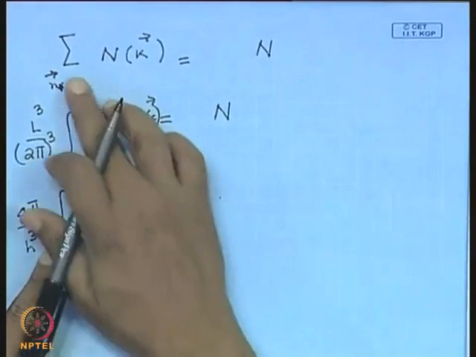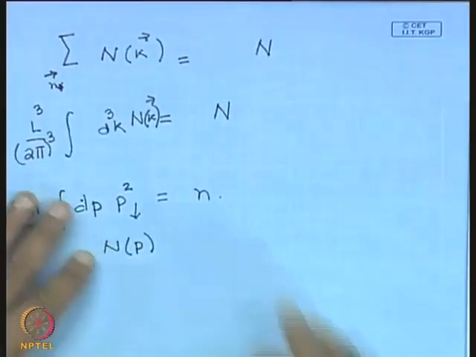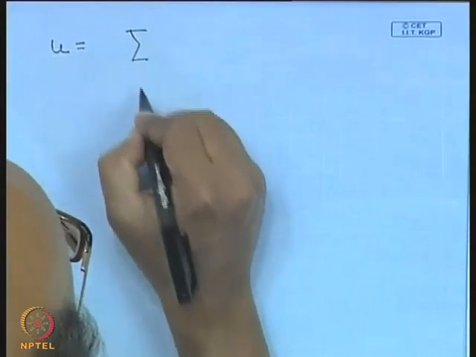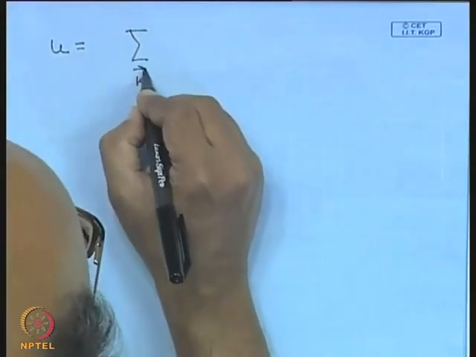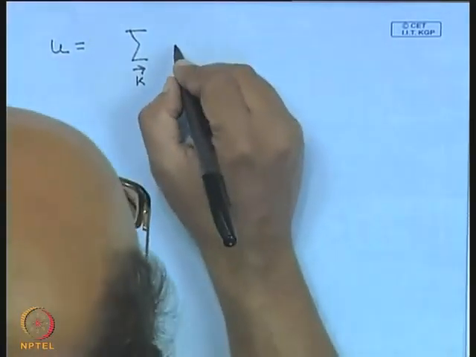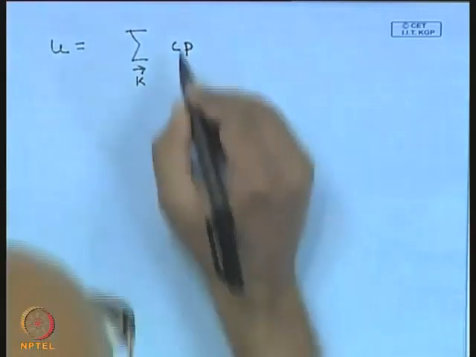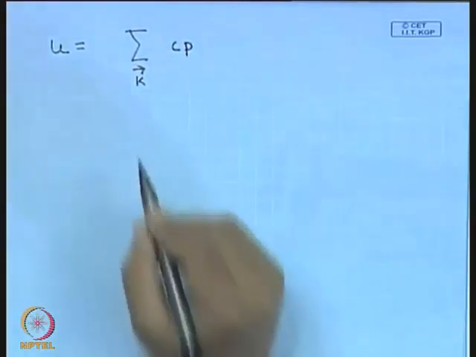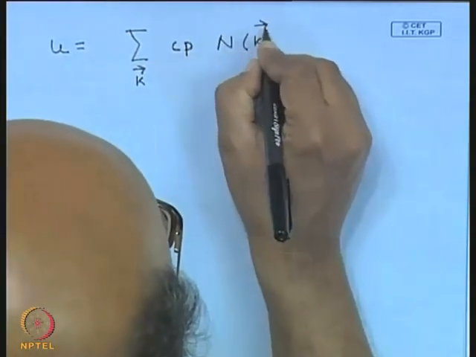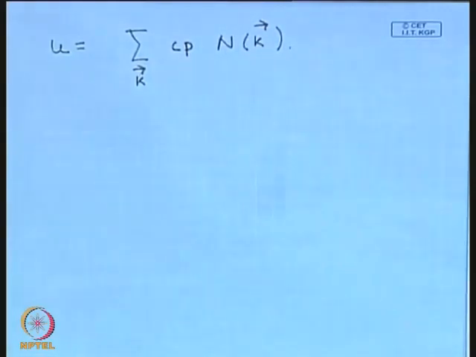Now you can repeat the same exercise and calculate the energy of the system. How will you calculate the energy of the system? If the particles are relativistic, what you will do is you will sum over all modes which are labeled by k, which are labeled by integers, and you will have to take the energy of each mode. So the energy of each mode is c into the corresponding p. So each k value can be converted to a p value, right? c into p for a relativistic particle is the energy. We are doing it for relativistic particles, into the occupation number. This will give me the total energy.